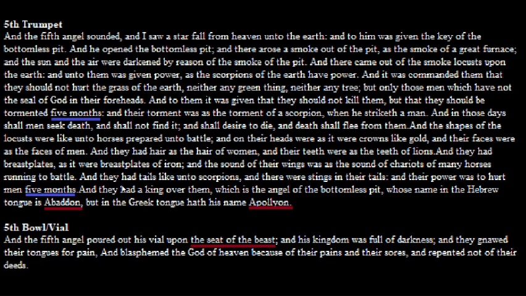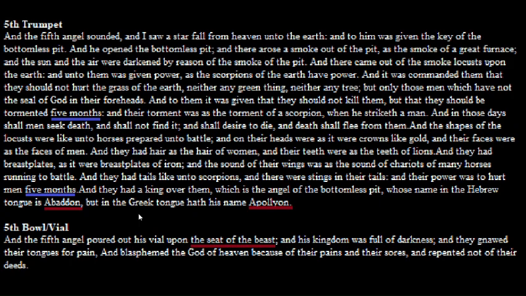So this is part of group 5, the fifth trumpet and the fifth bowl or vial. And as for the red, the location is the seat of the beast, and I have underlined here Abaddon and Apollyon, because that is parts of the beast. And for time, it is 5 months. Now this one is different than all the other ones, and it's because it's not really part of the plant that's growing here. It is the weed that is fighting against it all, and that is the enemy, the devil.